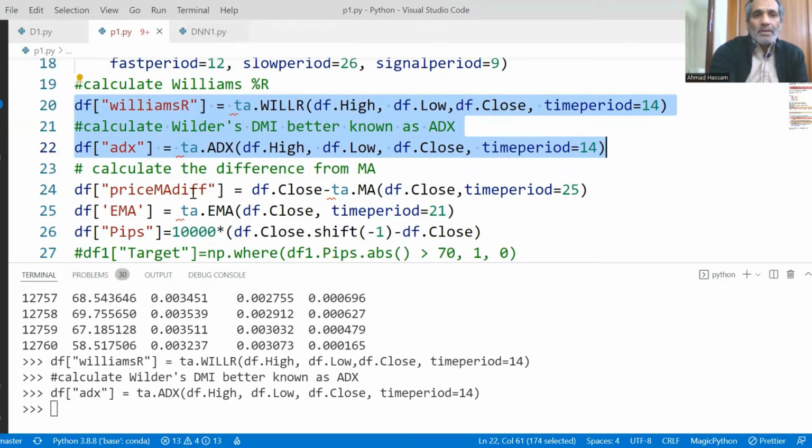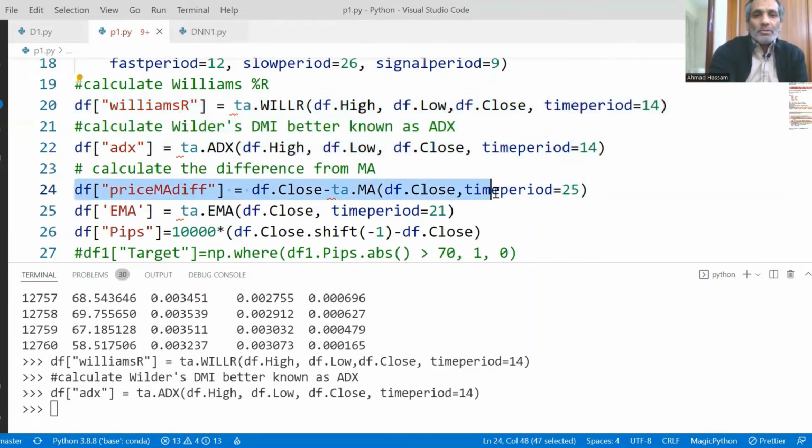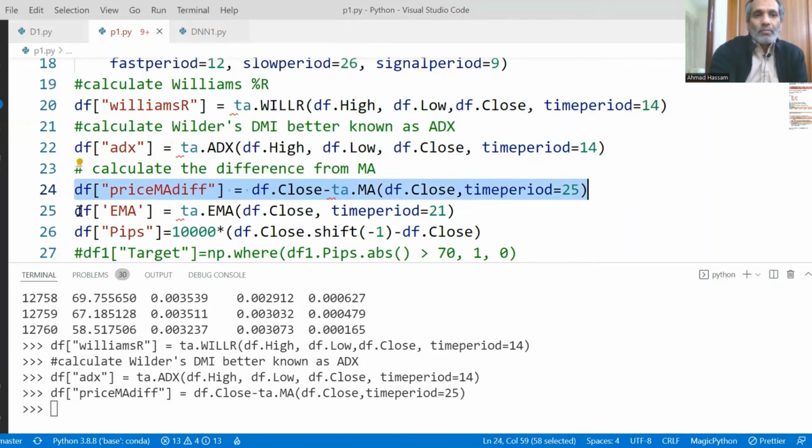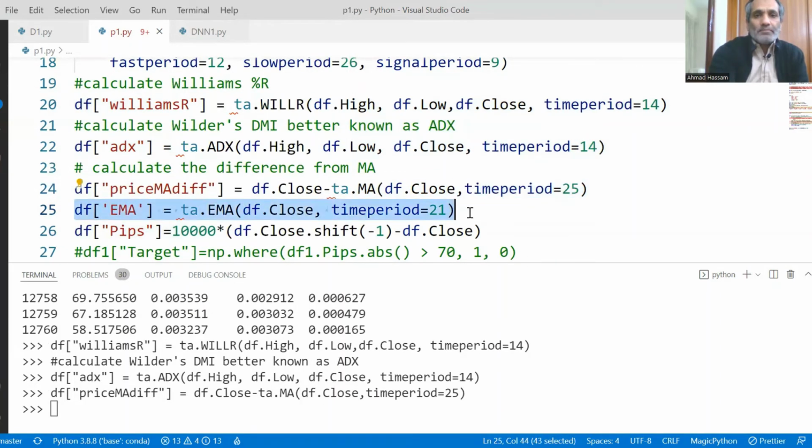Price MA difference. We want to use close, so we use df.close. This is the closing price, and we want to find the difference between the closing price and the moving average with period 25. So we also add that. This is the EMA, df.close, period 21.